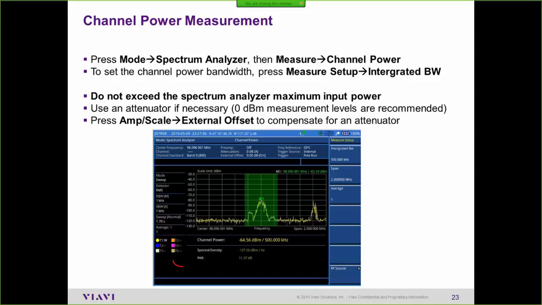And then one last thing, if you are ever going to measure power on a spectrum analyzer, make sure you don't overload the front end. I generally try to make measurements at 0 dBm or lower. And I think all you guys, when you ended up with your units, should have an attenuator included with that kit. And so if you have any doubt of the amount of power that's going in the port,